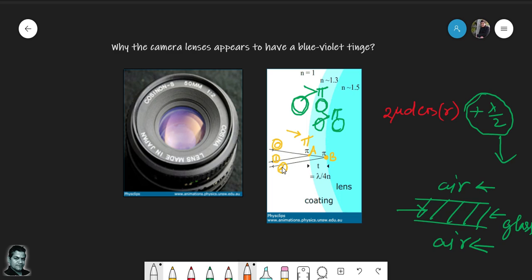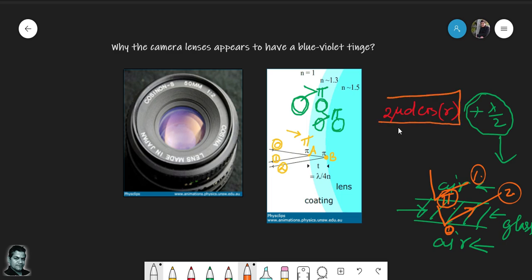On the other hand, if reflection happens from this, it has a phase difference of pi. But when the reflection happens from this, there is no phase difference here. The phase difference is 0. So that's why in such a case, 1 and 2 has a resultant phase difference of pi. Here, there is no phase difference between 1 and 2 in this case. So once we have 1 and 2 be in phase, the path difference is only